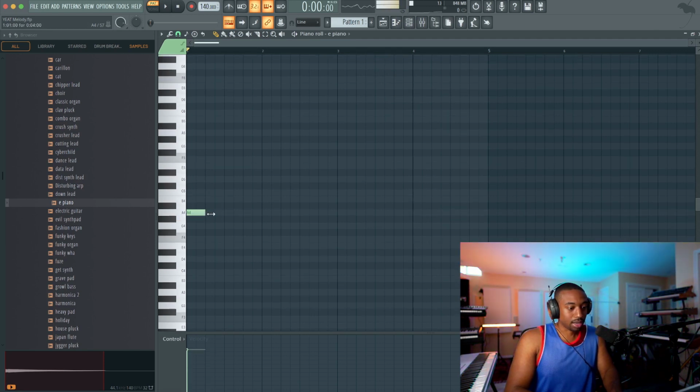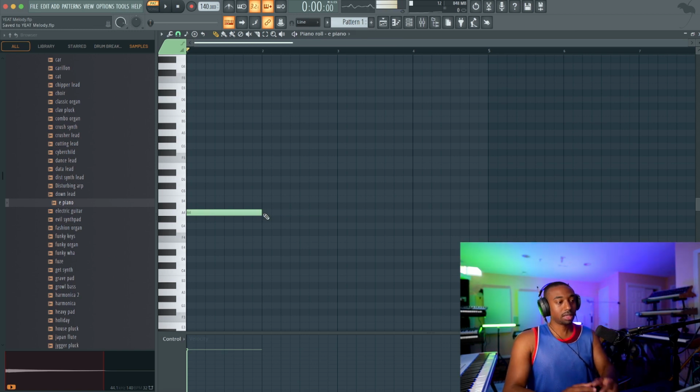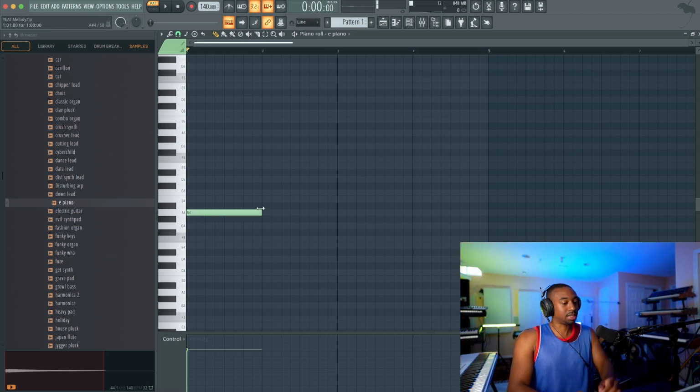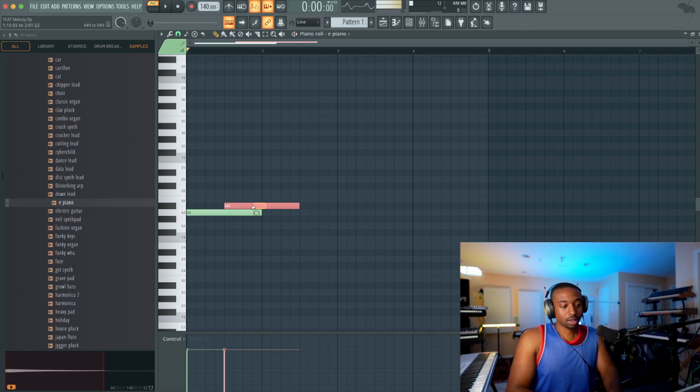Okay, so let's start at A to keep this simple. If you struggle with melody, just try to write in A minor or C major, which is all the white notes starting from A, which is A minor, or all the white notes starting from C, which is C major. The reason I say that is because you could transpose your notes later. So we're going to grab these notes. And you're going to use a lot of half steps for this newer genre.